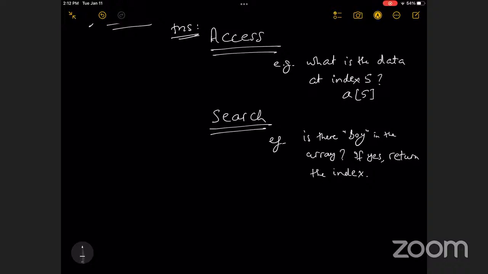Index 5. Indexing starts from 0. And now, how about search? How will you do search in Python? Yeah, you can either use a loop, right? You can loop through all the entries, and you can say,